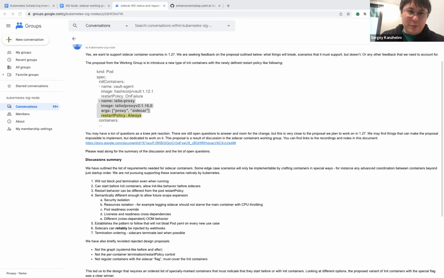So in this example, we download a certificate from some vault, and once we have a certificate, we can enable TLS networking for the entire pod, and all containers after this Istio proxy will use Istio proxy for all the network communications, and nobody is allowed to use regular network after that. Okay, yeah, in the sequence, it should be initialized before the regular containers. But other than that, resource consumption and the life cycle is basically the same as others.